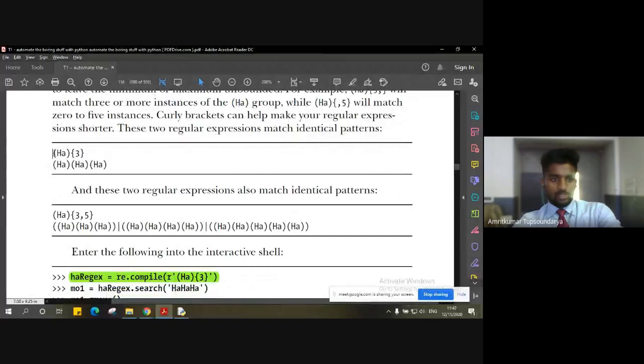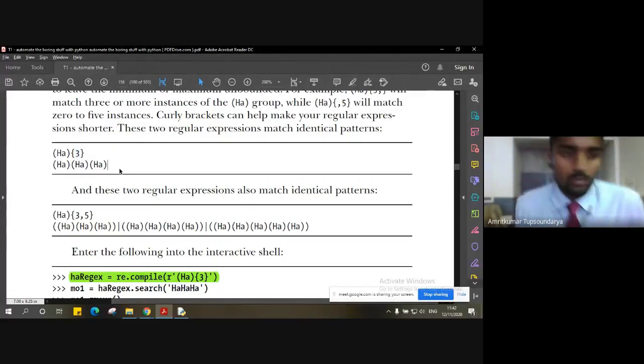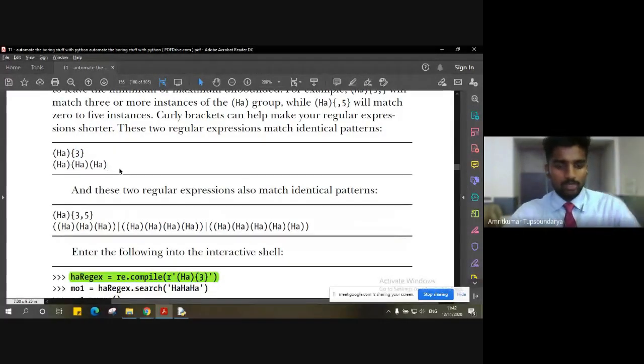For example, let's say I have this HA text that I want to check, which is in parentheses. Now, using the curly braces, I can create repetitions of that, right? So this is a repetition. Whatever number you give, if you give five, it will print five repetitions. If you give one, it will just print one. Whatever number you give, it will give you that many repetitions.